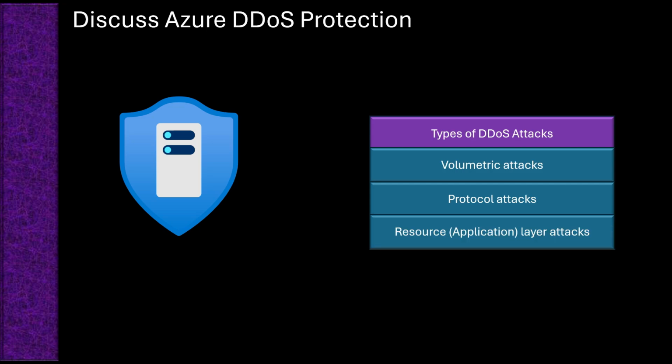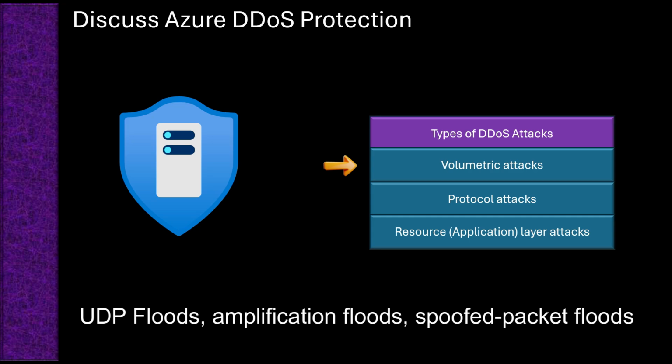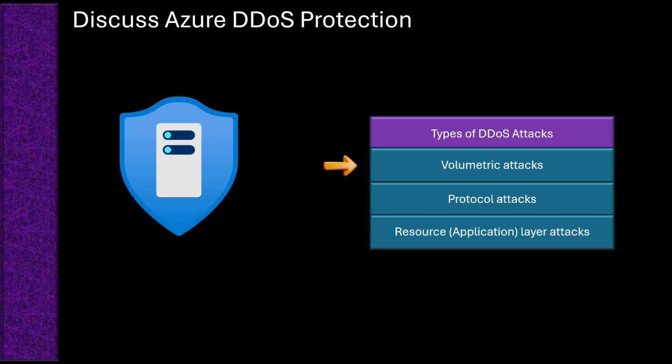DDoS attacks come in different forms and each targets a specific part of the network or application. Azure DDoS protection is equipped to handle three main types of attacks: volumetric attacks, protocol attacks, and resource layer attacks. Volumetric attacks overwhelm the network by flooding it with massive volumes of seemingly legitimate traffic. Examples include UDP floods, amplification floods, and other forms of spoofed packet floods. Azure DDoS protection absorbs and filters out these multi-gigabyte attacks using its global network scale